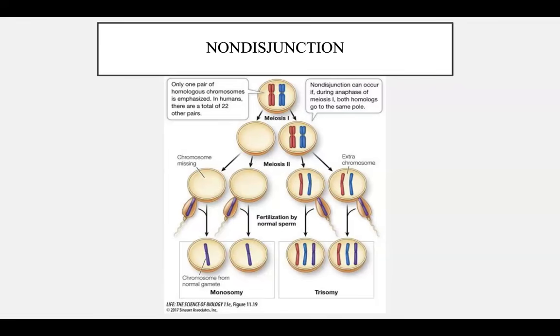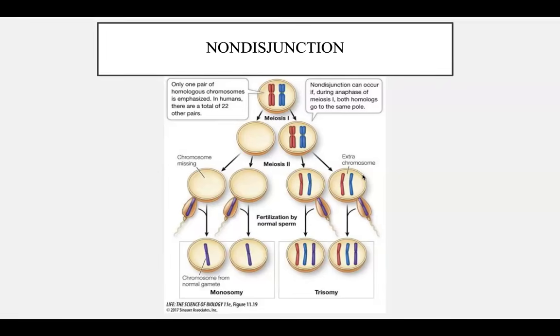So here's the thing. Meiotic errors are actually much more common than people expect. So trisomies and monosomies are actually pretty common in human zygotes. However, why don't we see more actual symptoms of it other than, for example, chromosome 21 and Down syndrome? So the reason is most trisomies and monosomies are actually lethal. So they result in miscarriages.